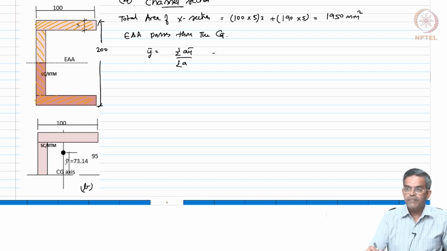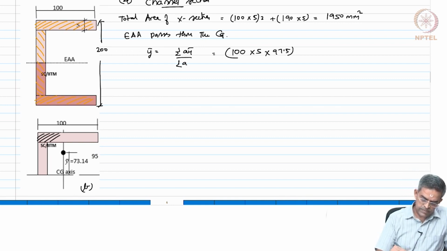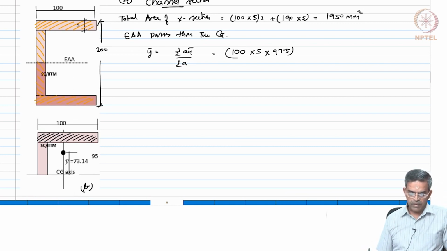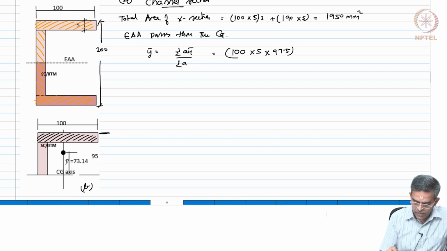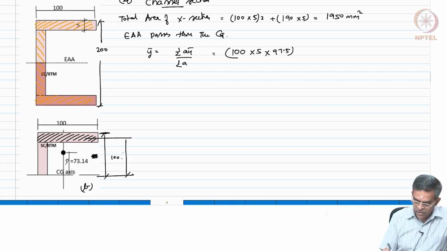So, that is going to be 100 into 5, okay, into 97.5, that is the CG of this piece, right. 100 into 5, 97.5, because this is 100 from here till here, it is 100. So, from the CG to here, this will be 97.5